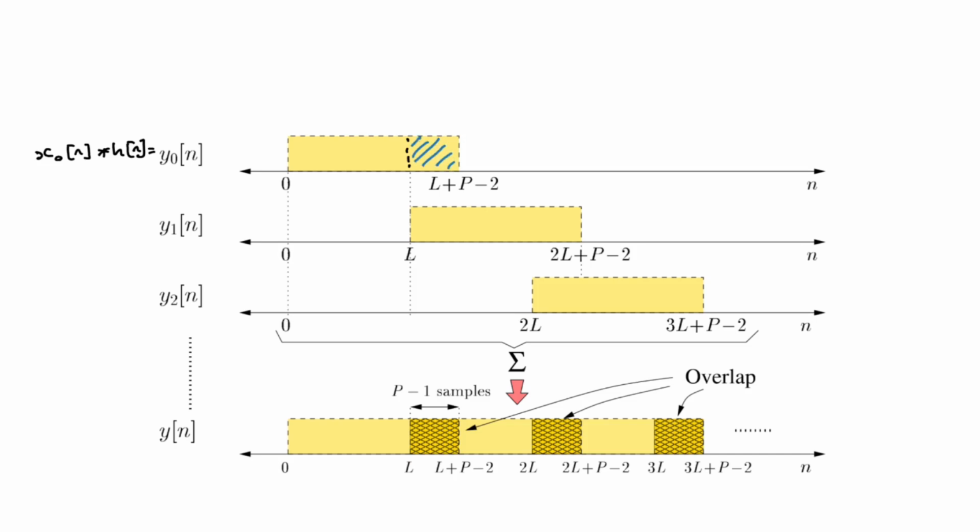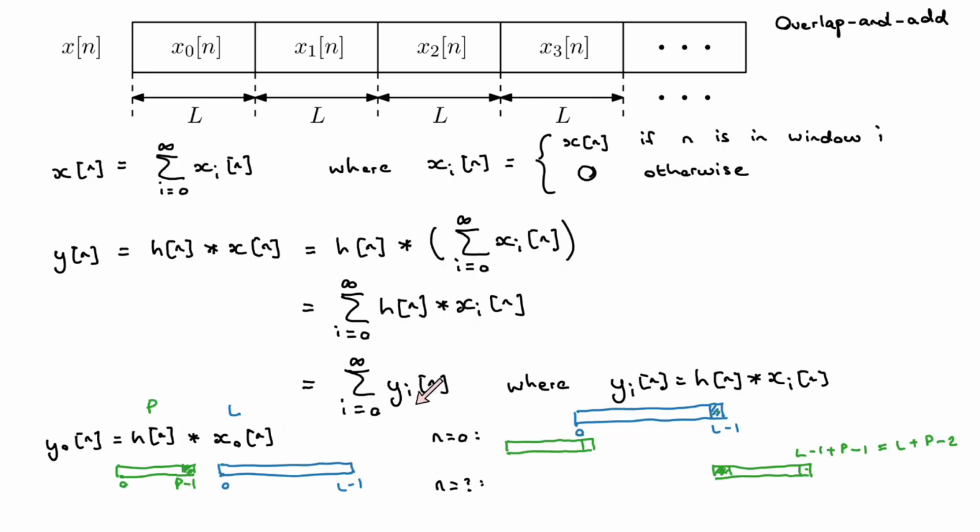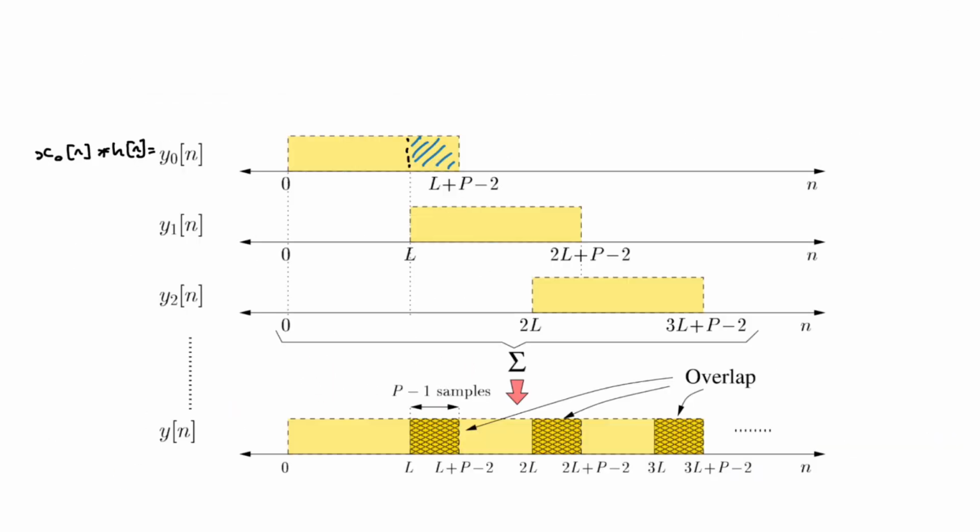But that's not difficult. All I have to do is add them up. This was the output. Okay, cool. There's a little bit of overlap. Just add them. Okay, cool. Y1 is processed separately, but then you also need to take into account this little chunk of the previous input block. And you need to add this to this in order to get the final output of the system.